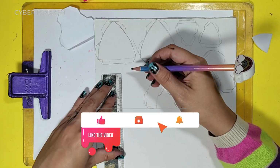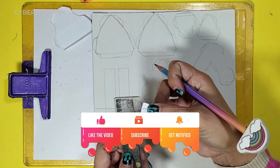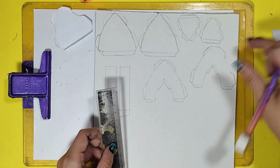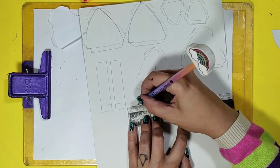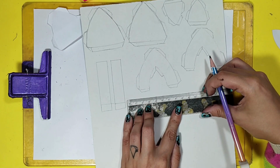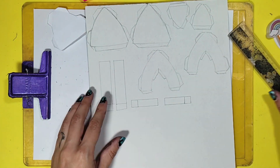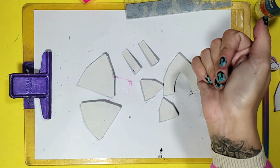For that, we will need two rectangles for the outside of the ear and two smaller rectangles for the inner outline, so it's 4 for each ear. You decide how thick you want it, but the inner part of the small triangle can be thinner than the outer part. Keep watching to understand. After you finish the sketch, let's cut out all the pieces and fold the flaps to start assembling the ear